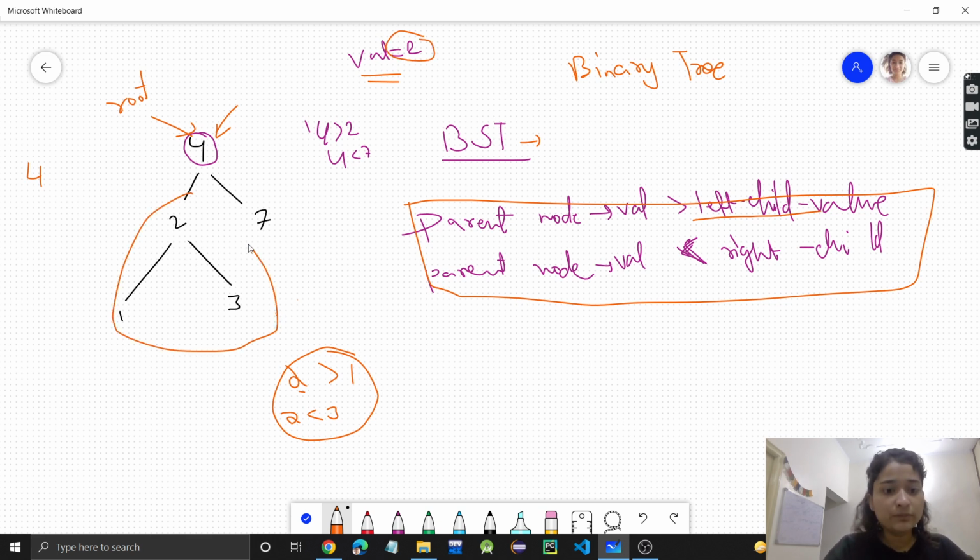On the left of the root or on the right of the root? See, this 2 is less than the root value, na? Parent value. So obviously this 2 will be on the left part because this is a binary search tree, and in a binary search tree, all the lesser value nodes are on the left side and all the greater value nodes are on the right side of the root.